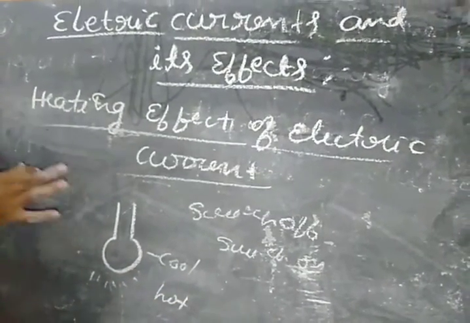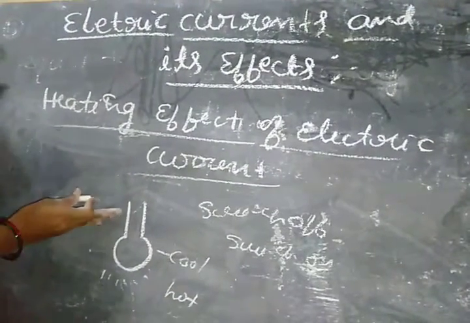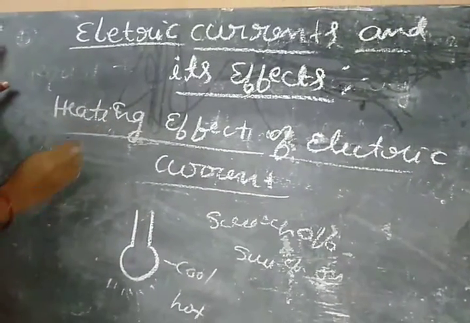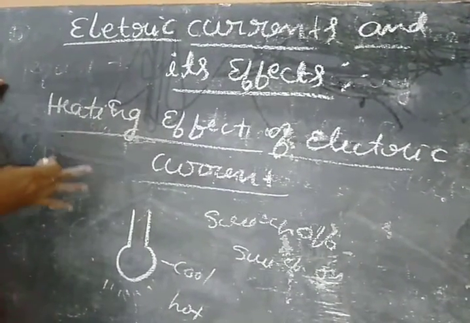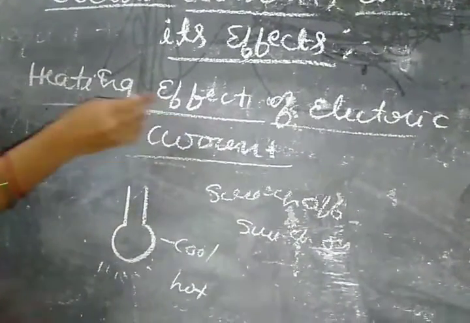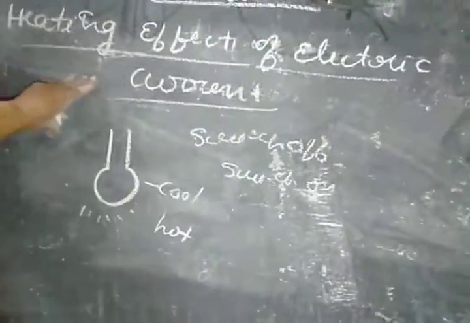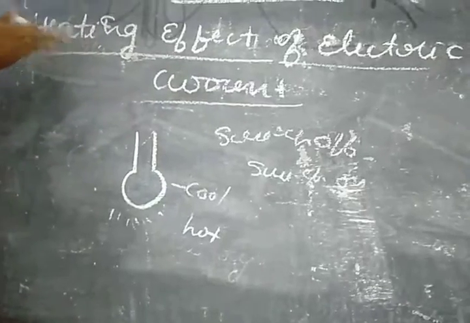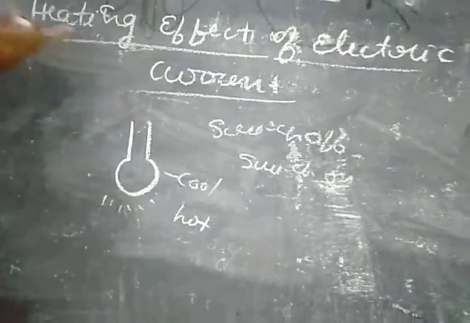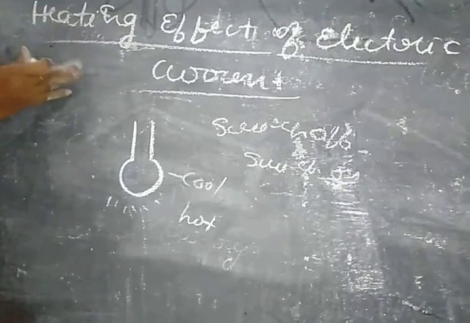Why? Because some of the electric charges are converted into heat. Okay, this is called the heating effect of electric current. See here, because some of the electric charges are converted into heat, that produces the heating effect. That is called the heating effect of electric current. For example, if you see that iron